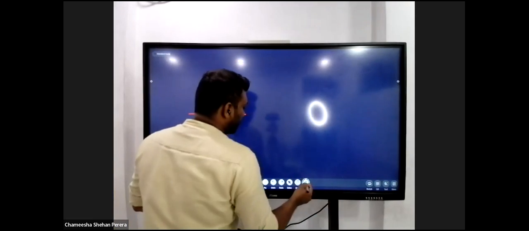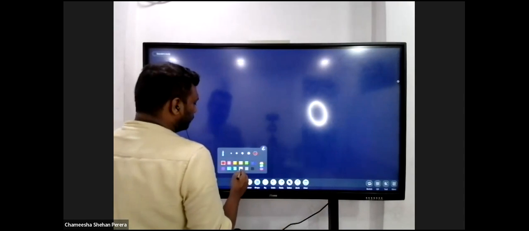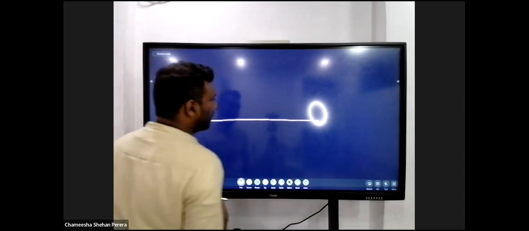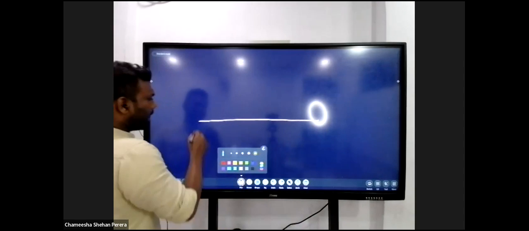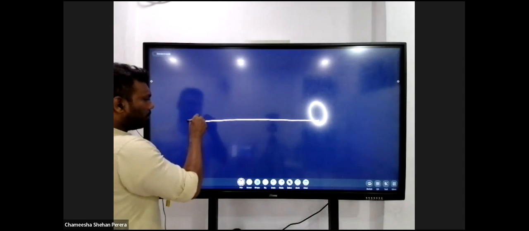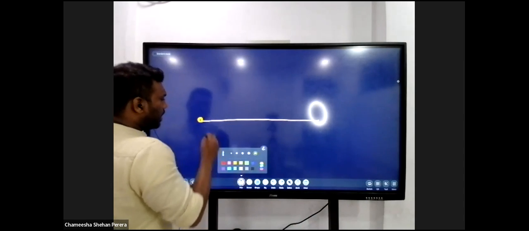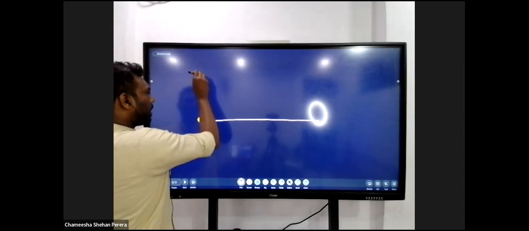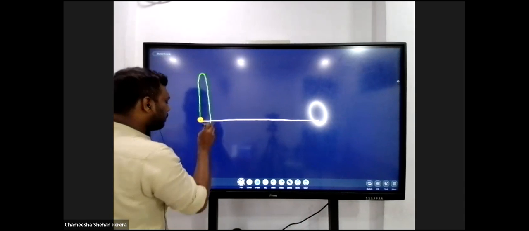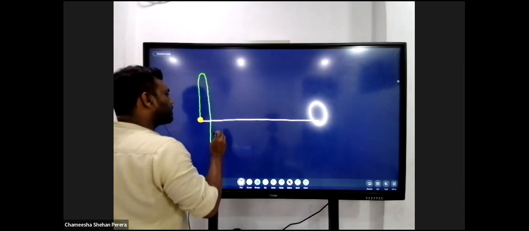So this is the wave. This is the zero displacement line of the wave. I'm taking a particle here. This is my particle. Then this particle moves vertically upward. See here, the particle moves vertically upward. Then the particle moves vertically downwards, and the particle comes back to the initial point.